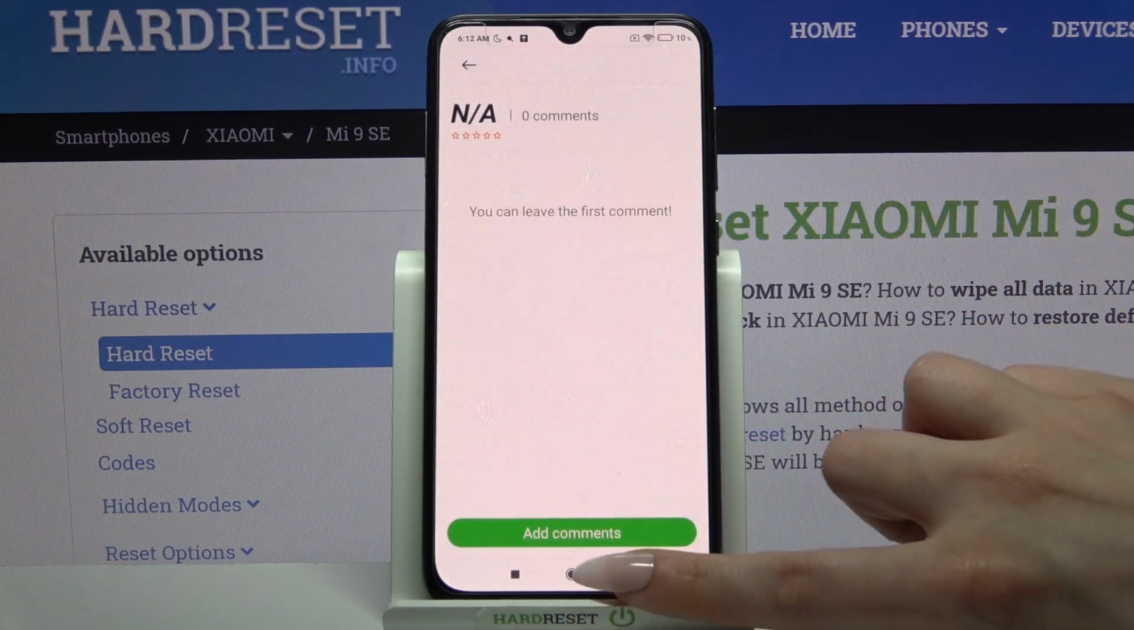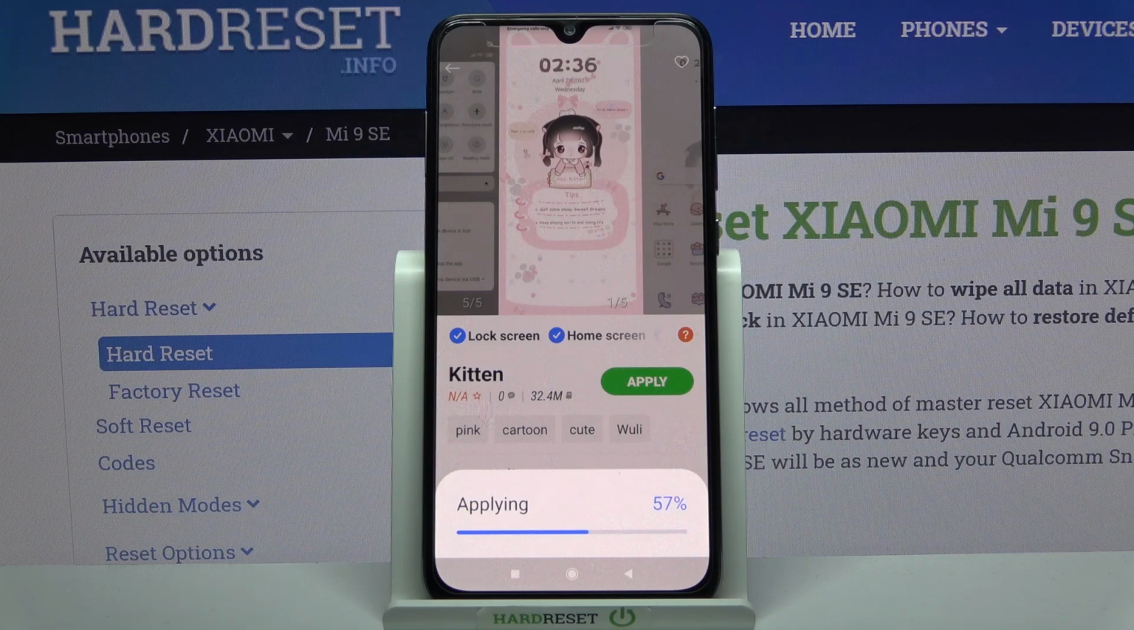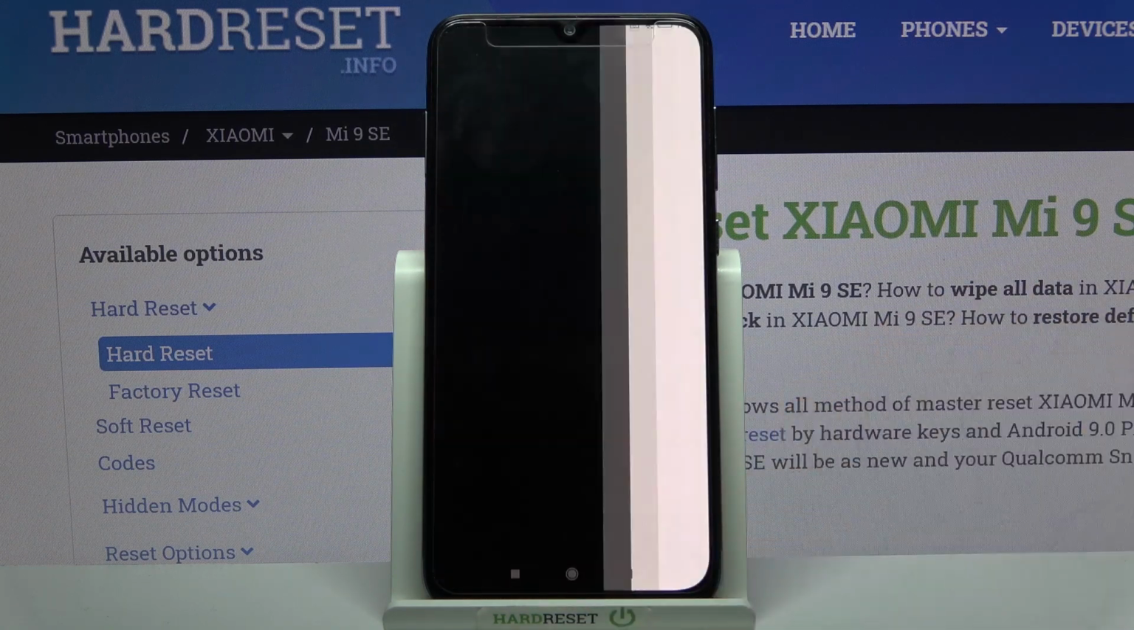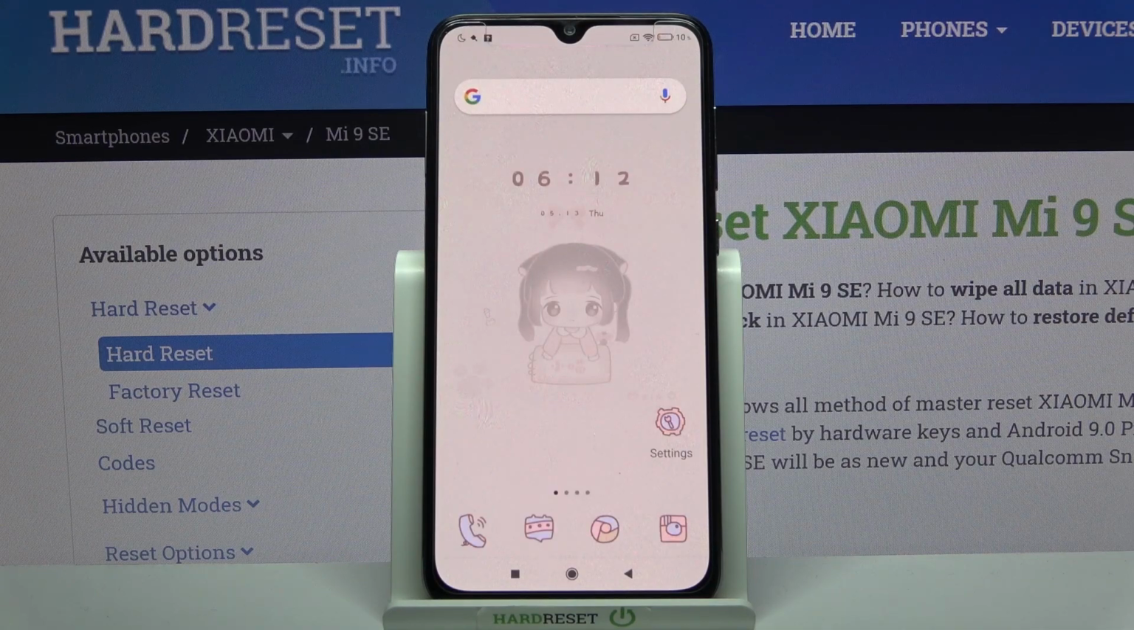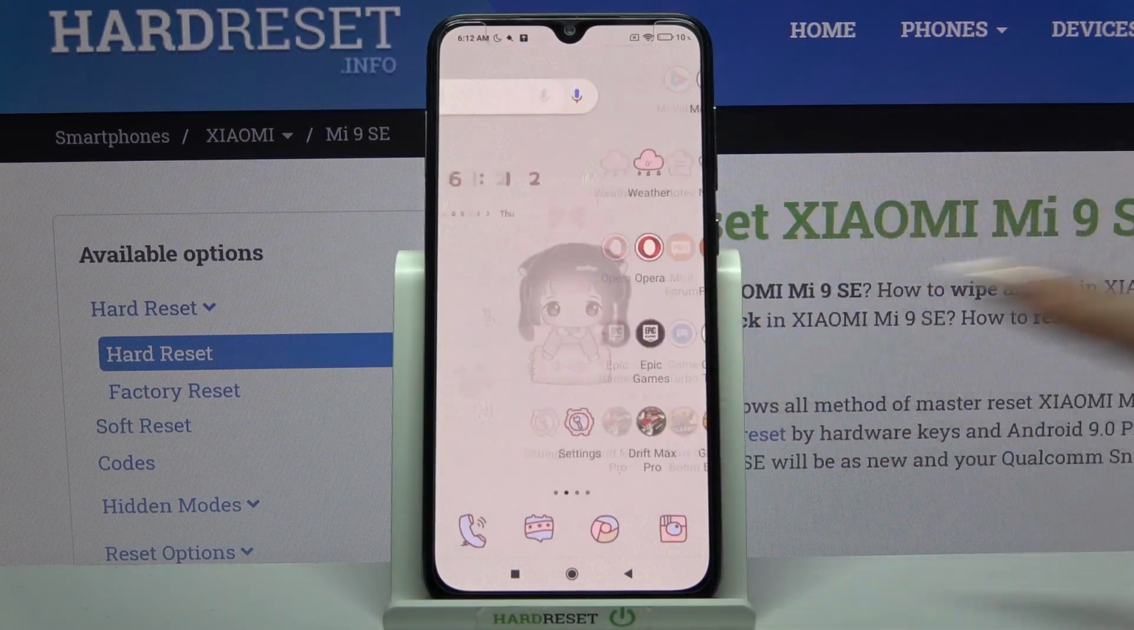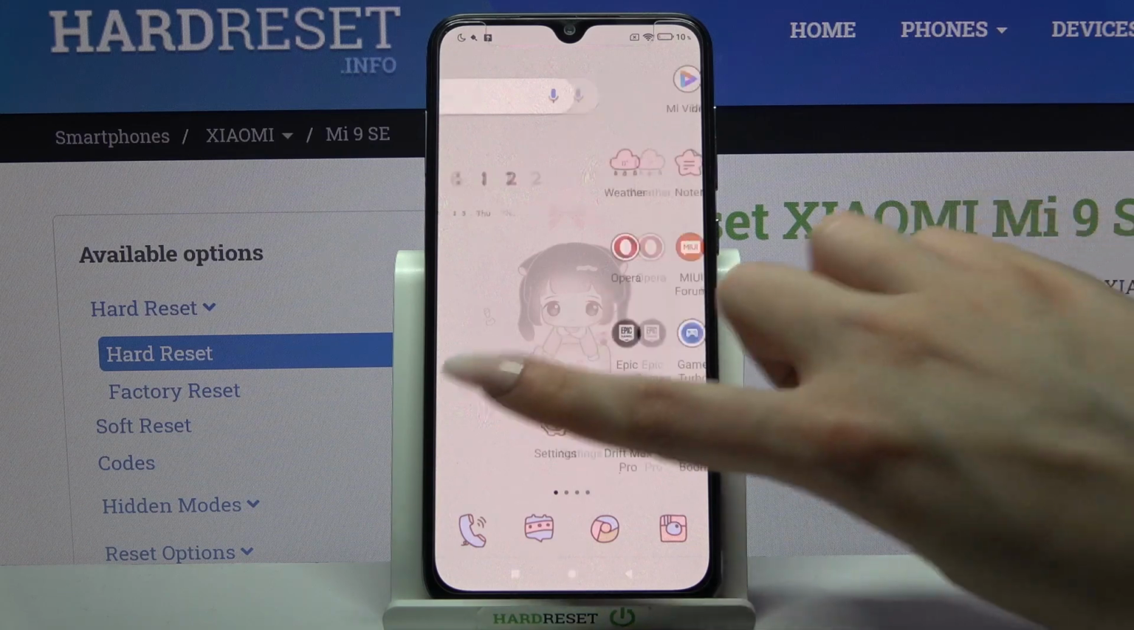Sorry, misclick. And click Home button. As you can see, theme of my device has changed, but if you wish to go back into the default